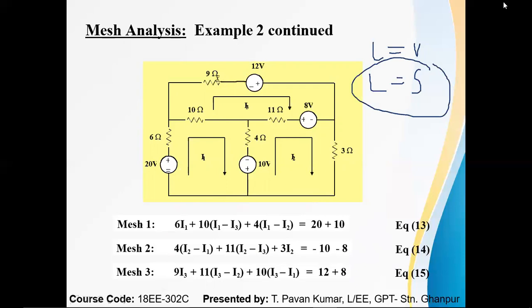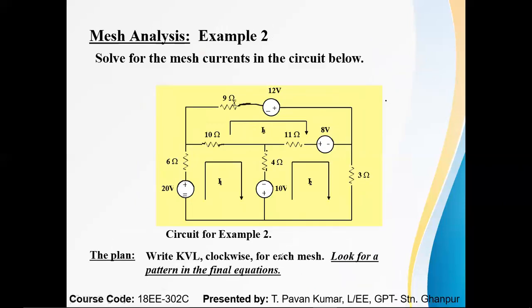Now here the source is the input, and the load is the output. Input should be equal to output. That is your KVL, right? KVL is the summation of EMFs plus summation of voltage drops equals 0. Same thing comes into the picture here. The left side is the load, the right side is the source, meaning batteries. Wherever the batteries are, 12 volts, 20 volts, 10 volts, 8 volts, all come to the right side. That is the reason I mentioned the plan clearly.